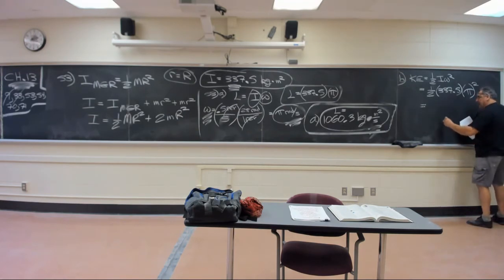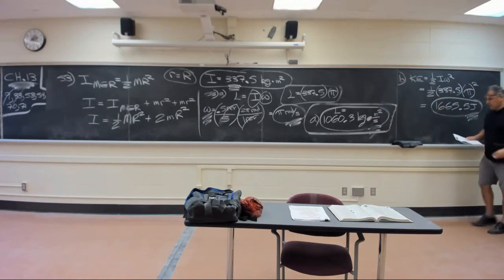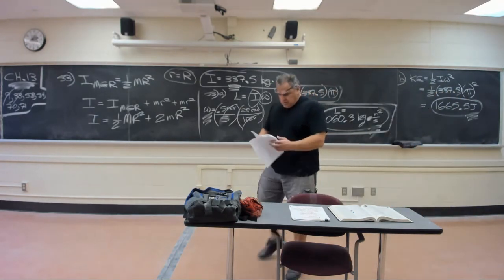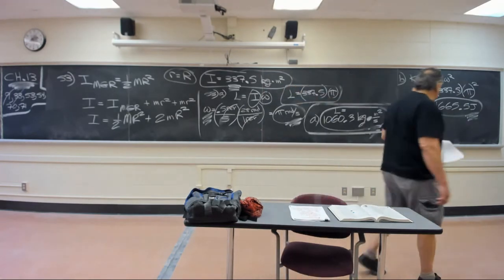Let's see what we got here. The KE at the end of the day is 1,665.5. That's it. Now what? Well, for C, you guys,